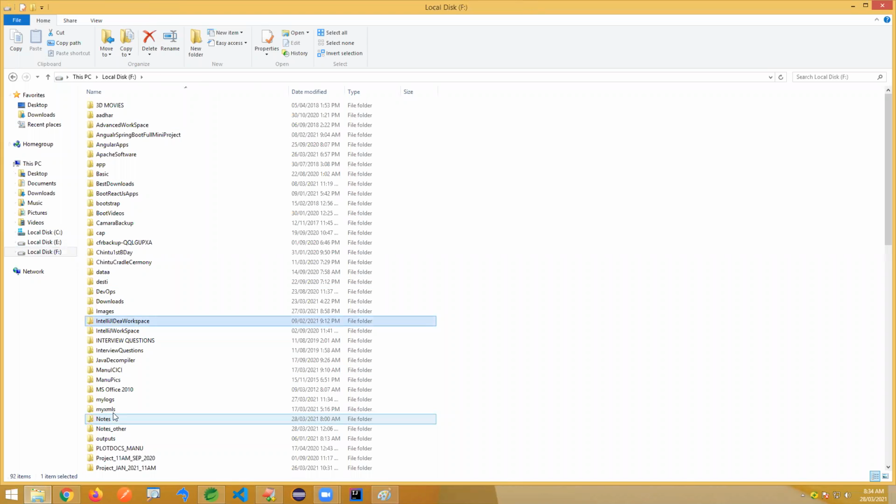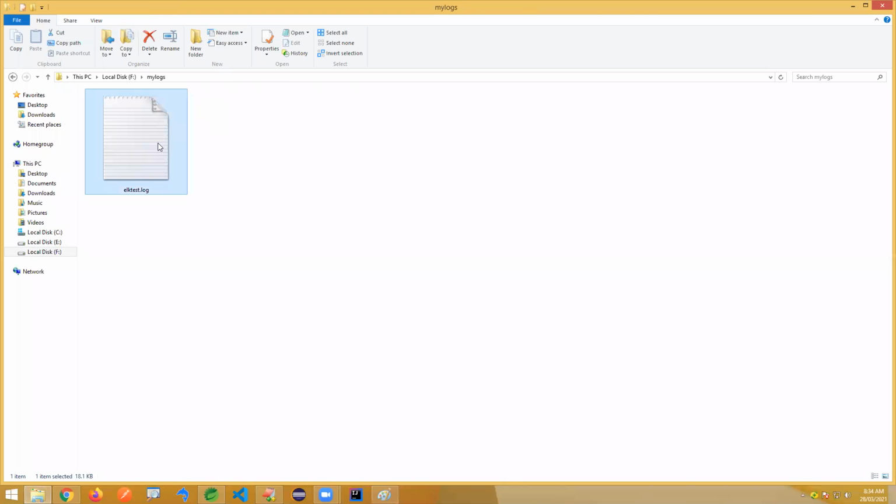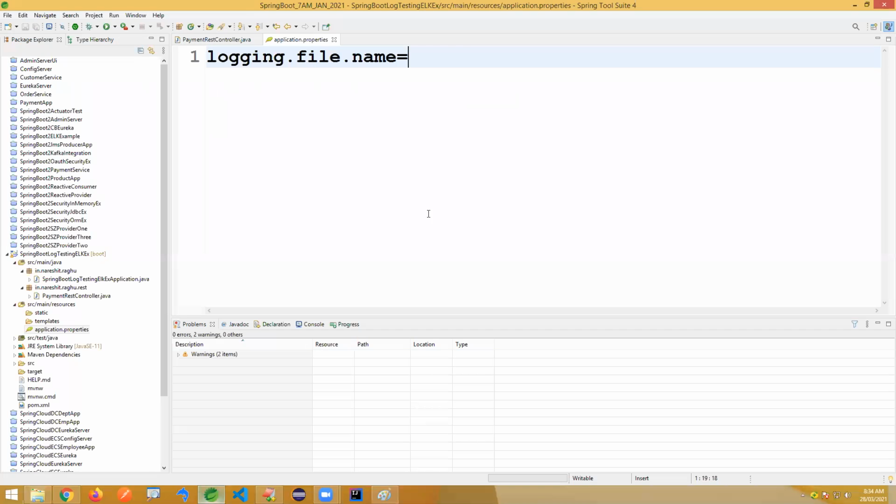Just I'm taking this one, my logs location. In this location I just want to place it. It's the F drive, my logs, ELK logs, ELK test. I'm just writing dot log file.